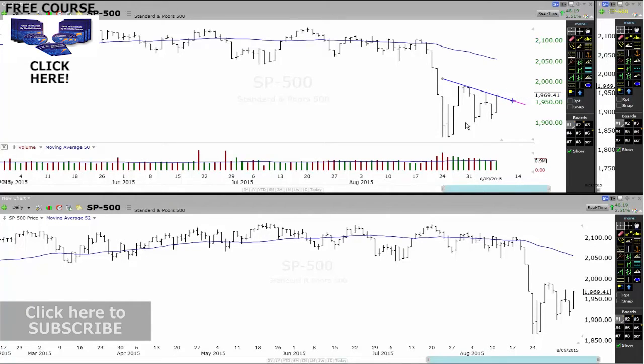As you can see here, a bit of a triangle pattern. We are squeezing up into this triangle pattern, and it looks like it's trying to break out to the high side. Now the thing is, guys, when looking at the indices, I think very shortly, in the next couple of days,